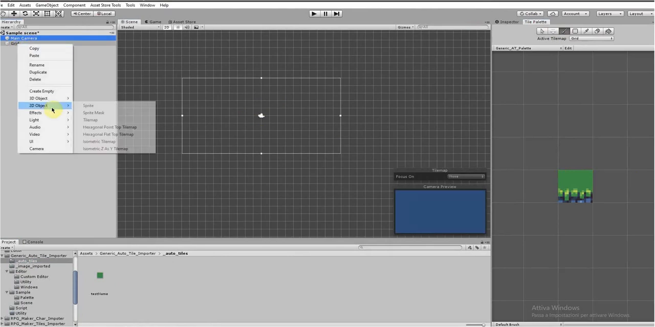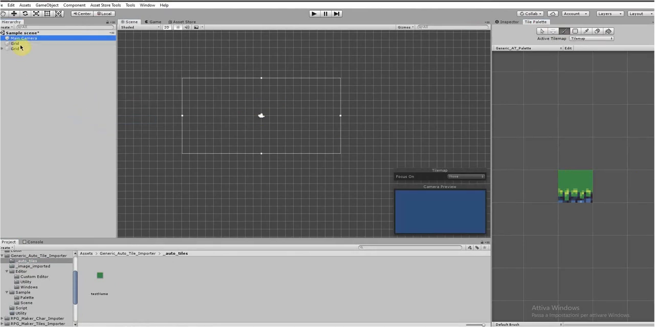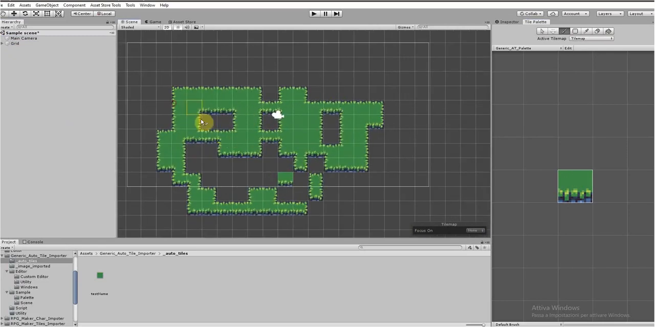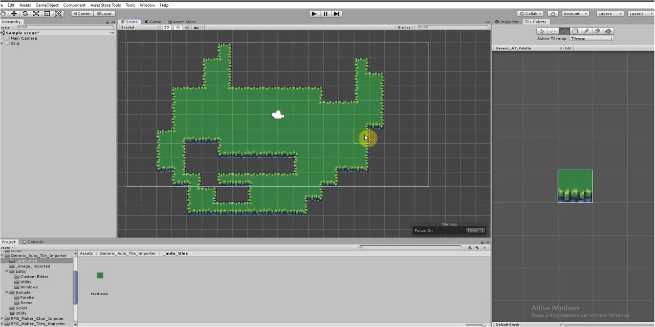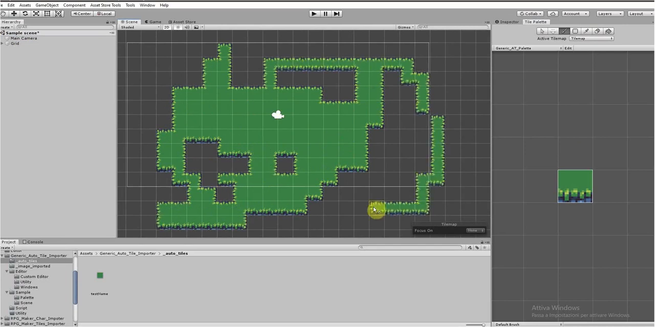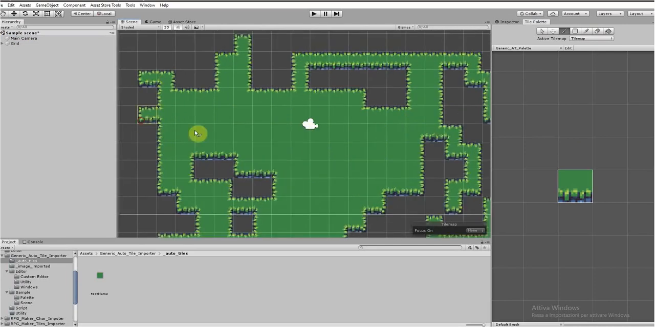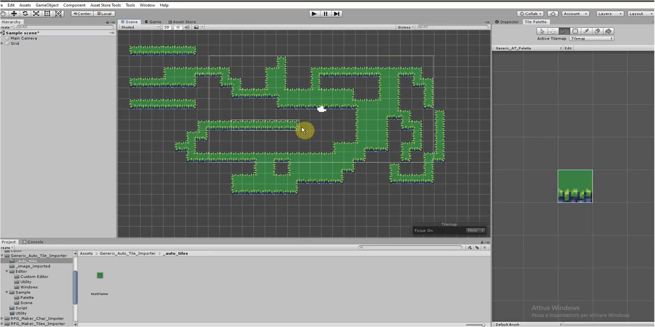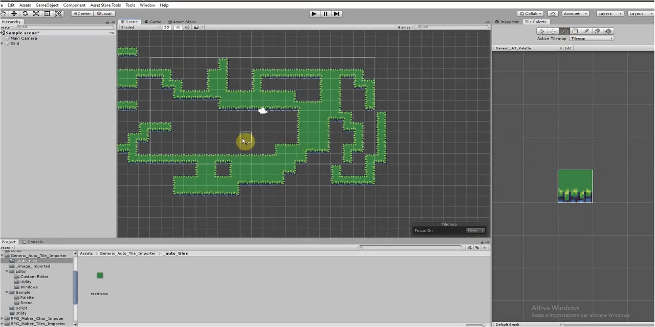I have to create a tile map, and I can draw my new auto tile. It's a generic version of the one I did for the RPG Maker,